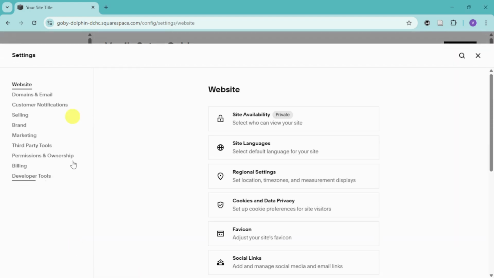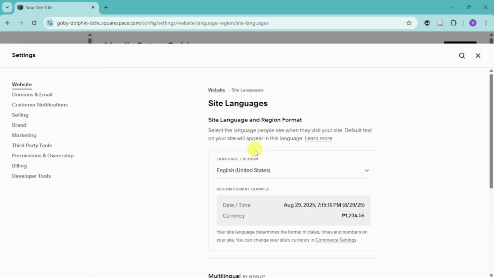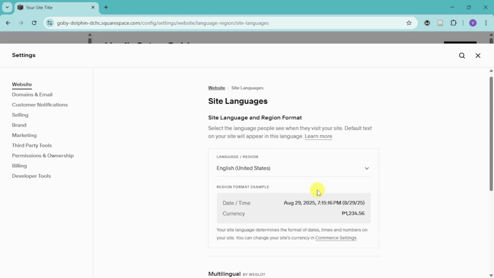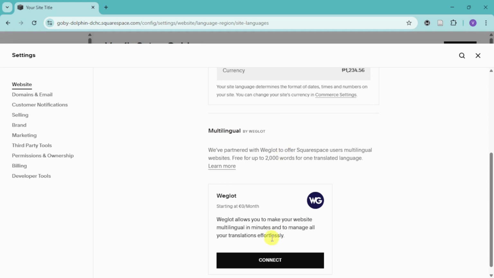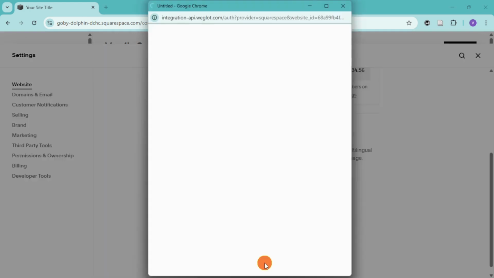Now from in there, you should be able to see this. So what you can do is you can click onto this site languages. Now once you're in there, you can see your actual language and region, your currency, and in here you can see the multilingual by Weglot. Head over and click on the disconnect option right here in order to create an account on Weglot,